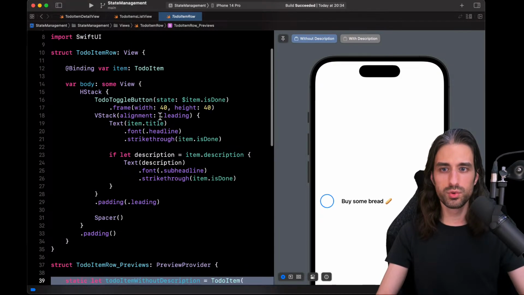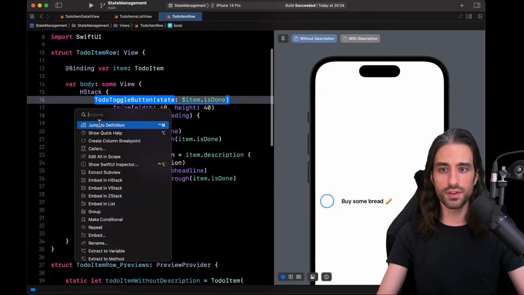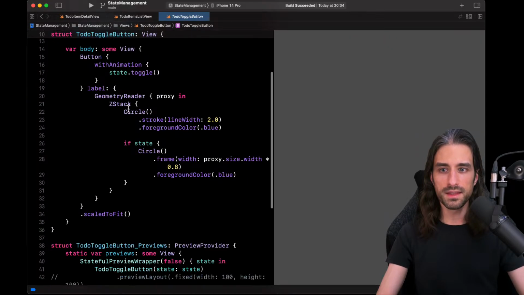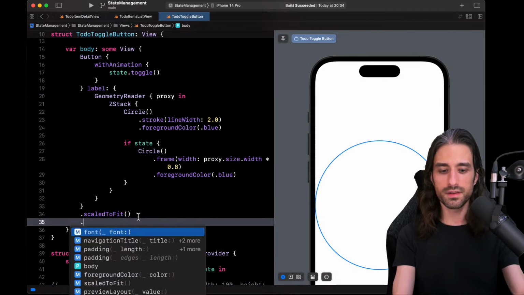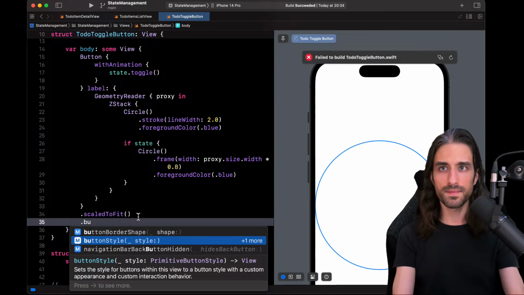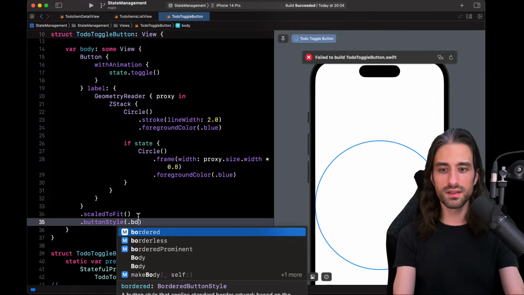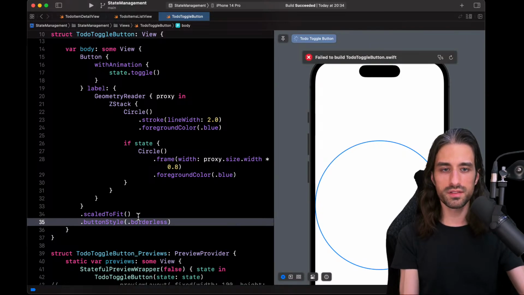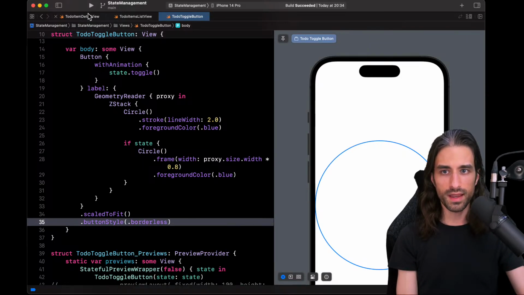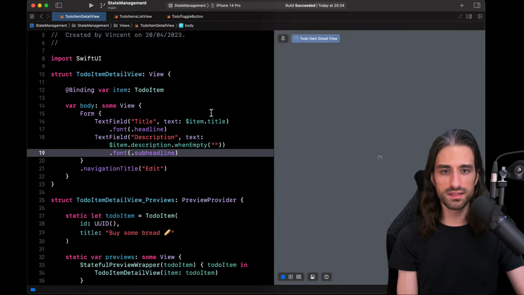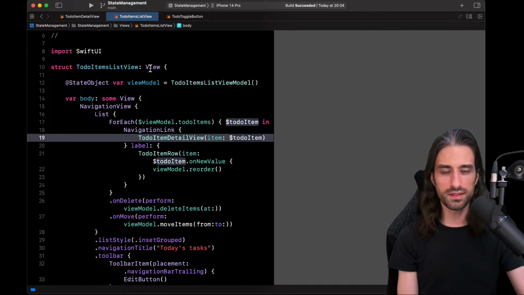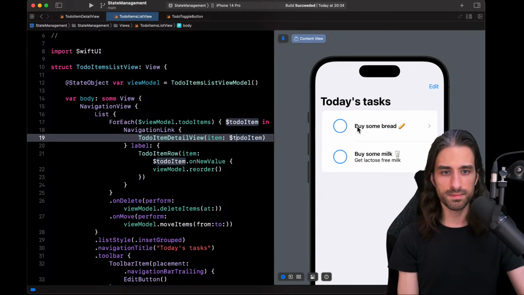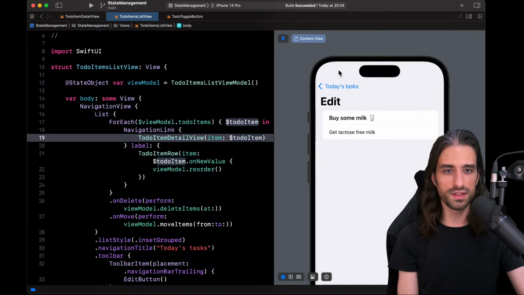So inside my to-do toggle button, so here, this button, I need to give it a button style, like that. I need to give it borderless style. And if I give it this button style, and I go back to my to-do items list view, which I'm going to pin, now you see it fixed it.